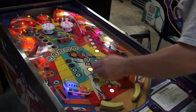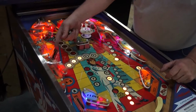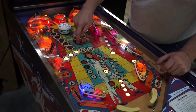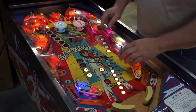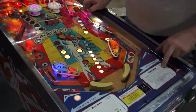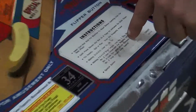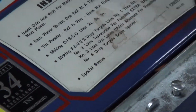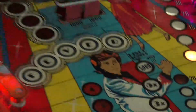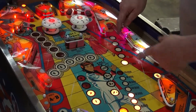Now, in this game here, you have to knock down all 5 targets. See, they won't reset until you spell fever. Now, in this case, because of the way it's set, 1 and 2 spot, and then it tells you here, 1 making fever drop targets light, and 1 through 4. 2 lights the turnaround for possible extra ball, see? So if you go through, there's our extra ball, look at that. Then of course up here you get